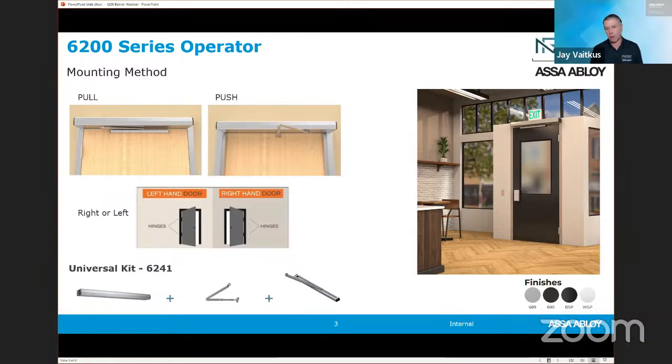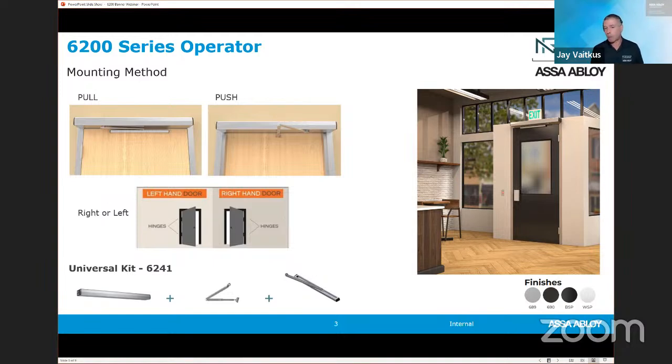space. So also you'll note in my picture on the right-hand side of your screen, there just happens to be an overhead obstruction. There are often such obstructions in the field. This one happens to be an exit sign, the green exit sign, and the operator is not in the way of the exit sign. So in other words, in a retrofit application, you would not have to relocate that exit sign, but you would find